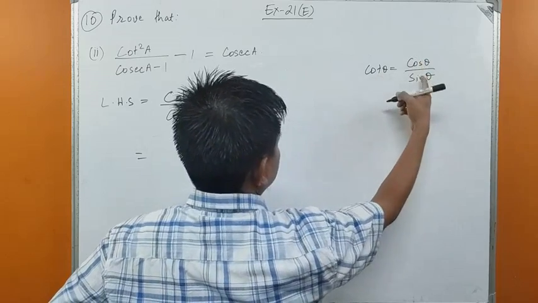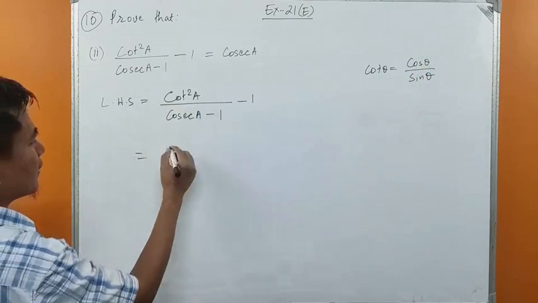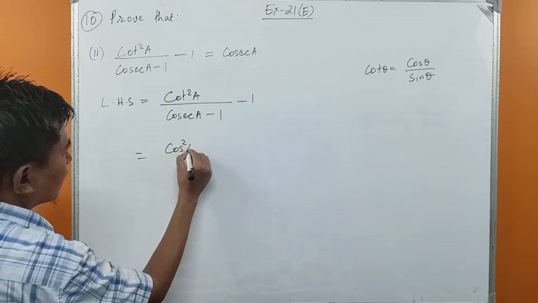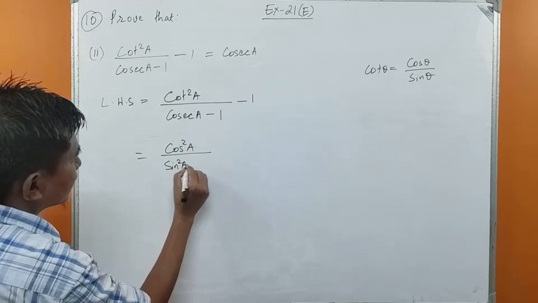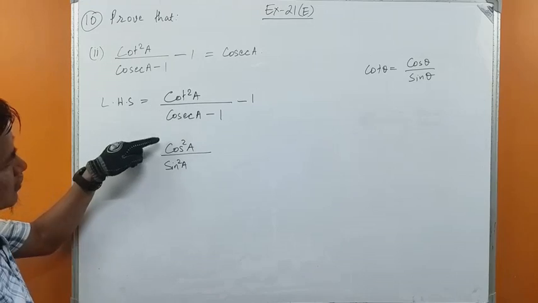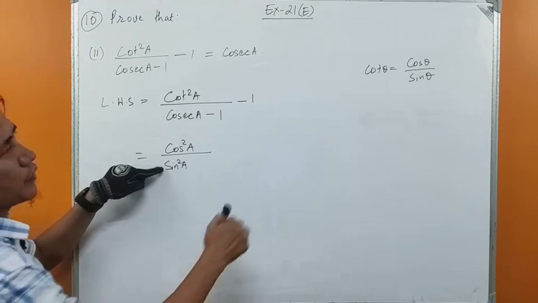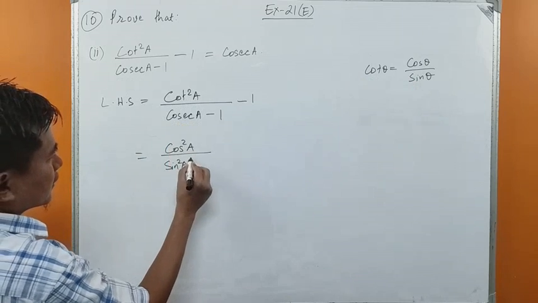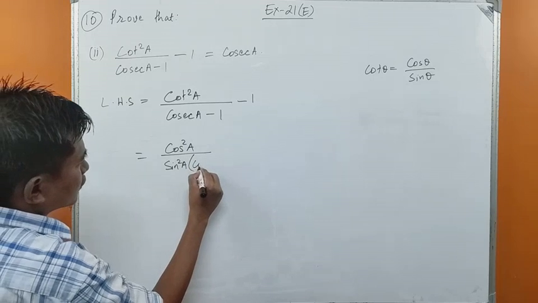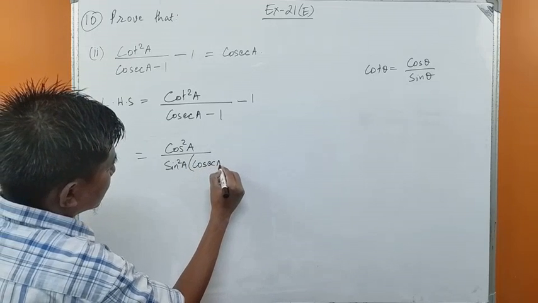Cot theta means cos theta by sin theta. So cot square A can be written as cos square A upon sin square A, because cot theta is cos theta by sin theta. So this cosec A minus 1,